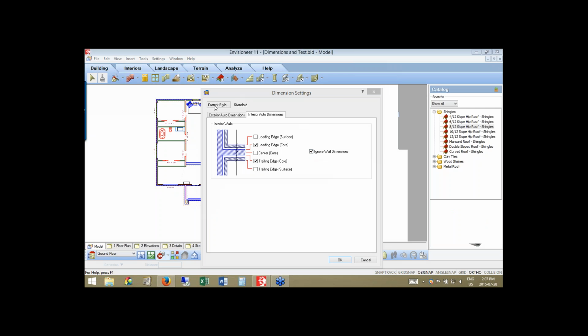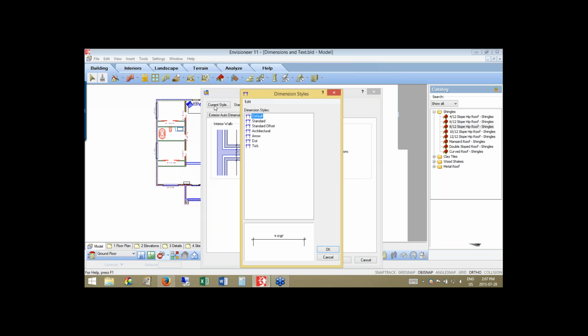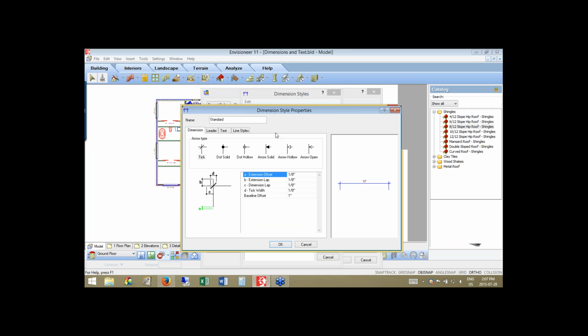Here under the Current Style button at the very top of that dialog box, this allows us to select the style and how we want to dimension. So if I click on the standard style here, I'm going to right-click and look at the dimension settings that are part of this dimension style. The dimension style lays out how you want the dimension lines to look in regards to the arrow type, if you want to use ticks or solid dots or arrows themselves. And when you choose that arrow type, the offsets, the overlaps, the widths associated to all of those,